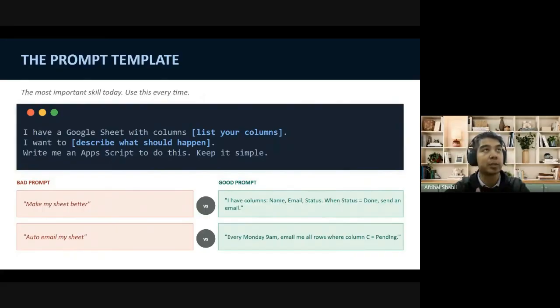The prompt template that we'll be using is: I have a Google Sheet, Google Doc, or Google Slides with columns of such and such. I want to describe what the automation should do. Write me an Apps Script to do this. Just keep it simple. You cannot tell it things that are very big and vague, like telling the sheet, oh, I want to notify myself if this happens. It is hard for the AI to understand what you want, so you need to make it